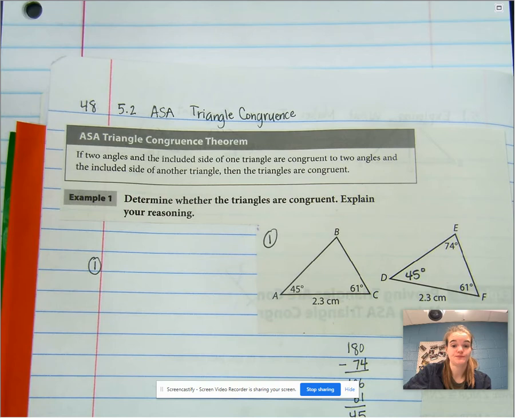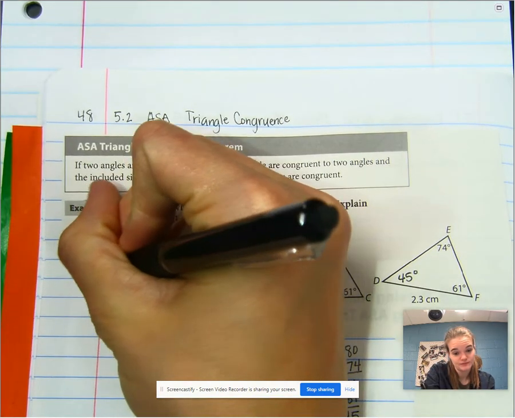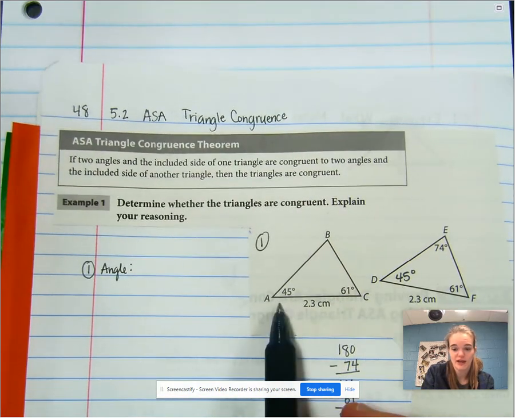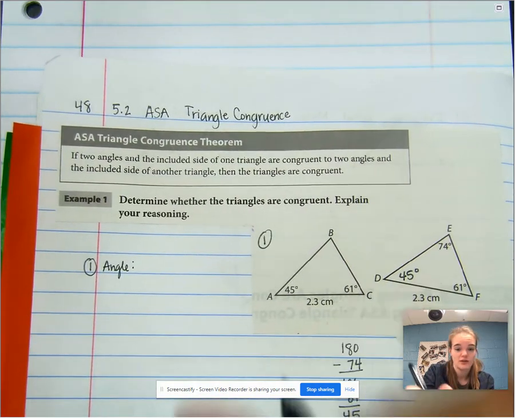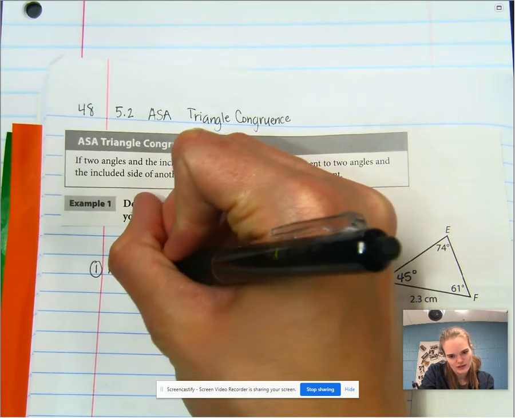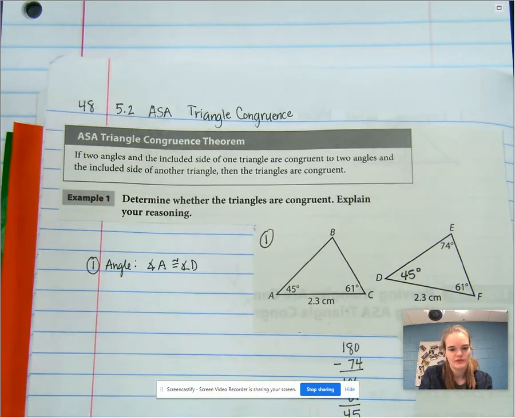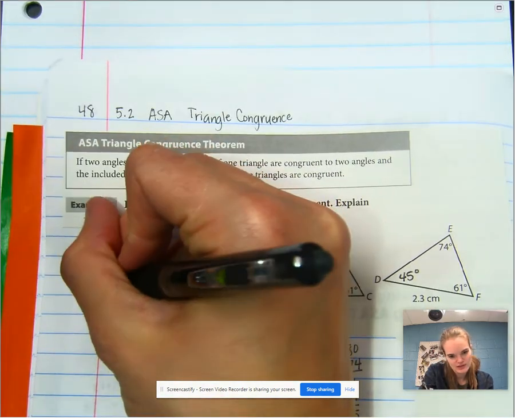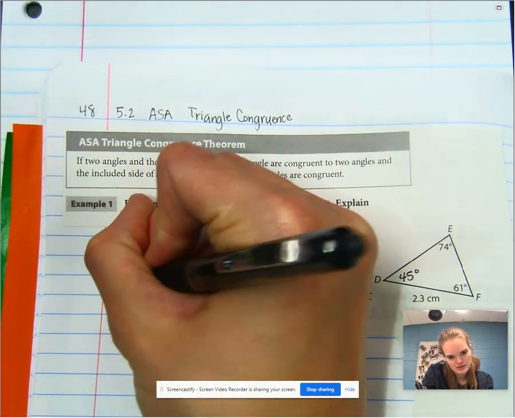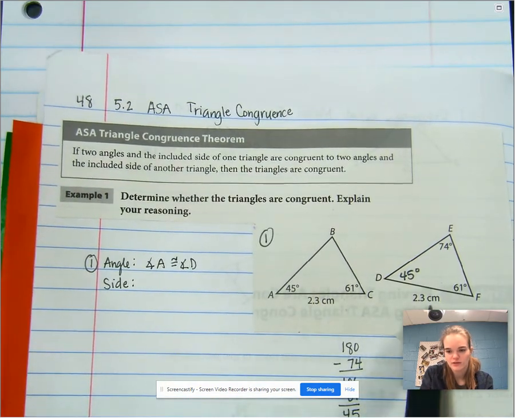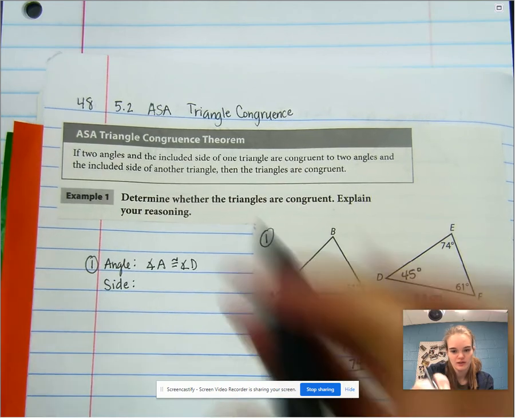All right, so we need an angle, we need a side, we need an angle. So let's start with an angle. Let's start with A. Is A congruent to D? Yes. Angle A is congruent to angle D. There's an angle. Let's do the side. Is the side in between these two angles congruent? Yes. AC